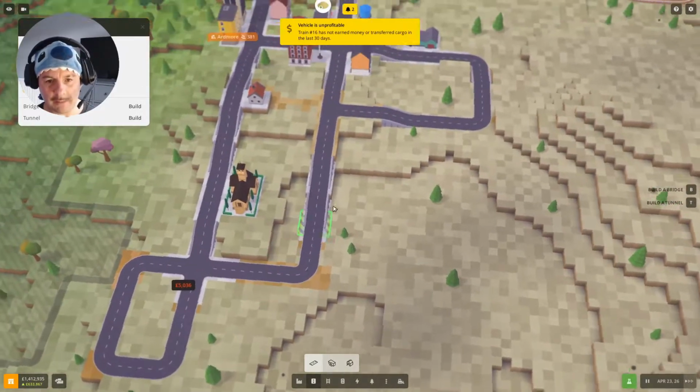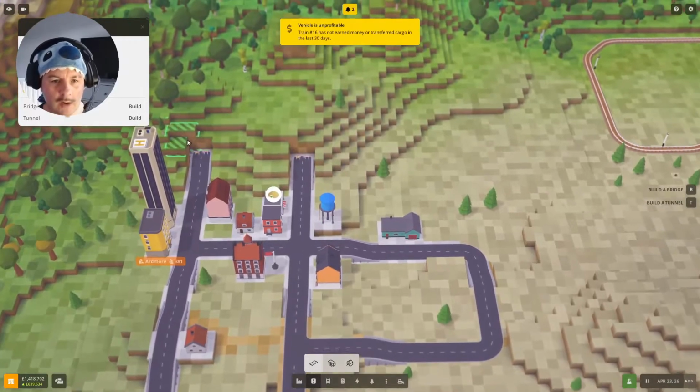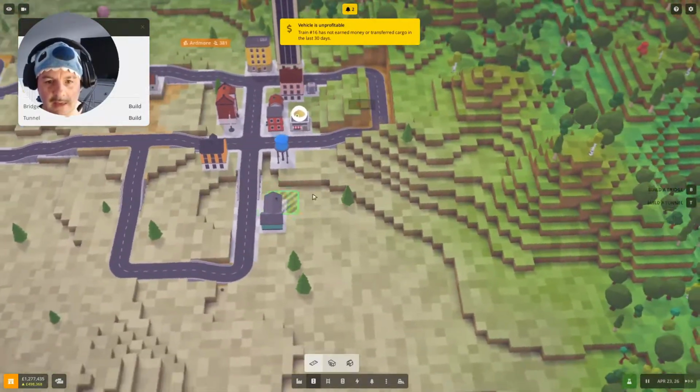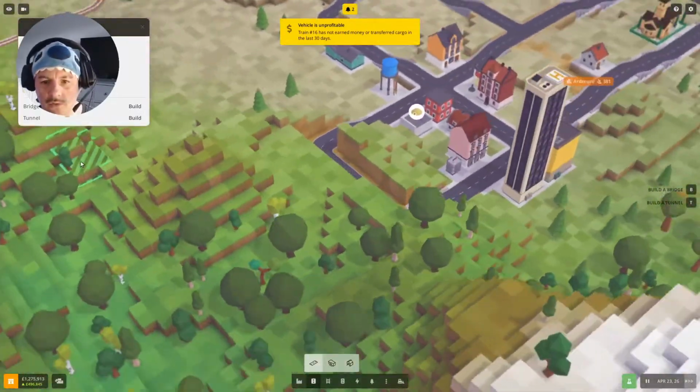Little alarm telling me someone's unprofitable. There's a surprise. Well, we've done it everywhere else. Should we just fix this bit up? We could do that. Yeah. And then what we could do is